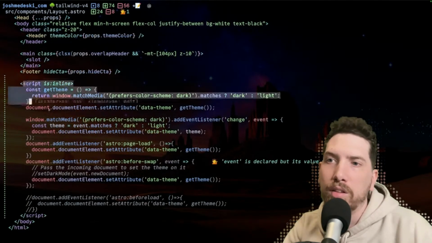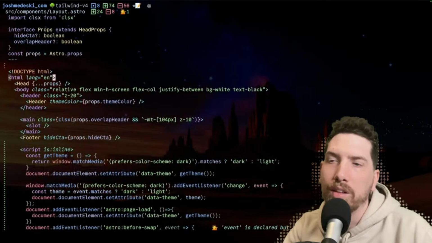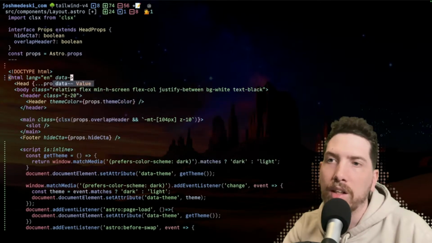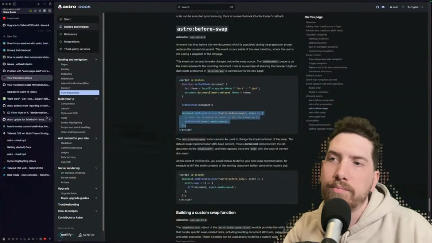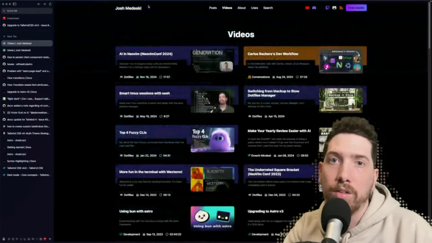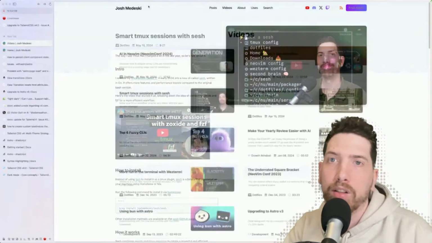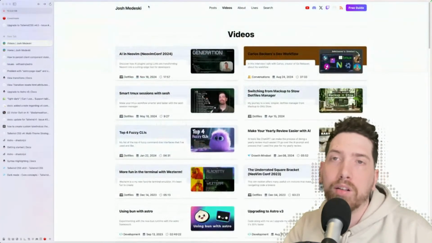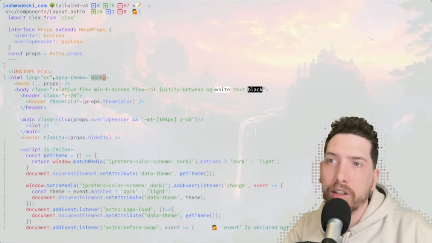So I'm sure that there's some other layers to this where layout, this calls, I kind of want to cheat here. Data theme. I just want to see what happens. Yeah. And if you're in light mode, flashbang, you get the flash. Yeah. And if I get rid of this,